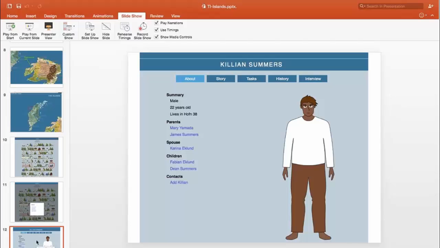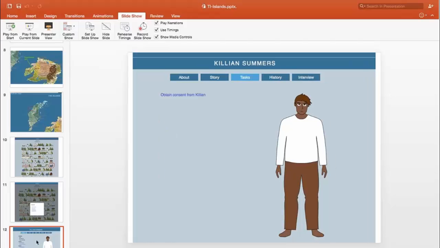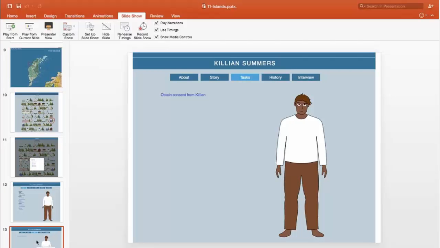First thing you have to do, though, is get consent. So some of the islanders won't give you consent. They'll say no, so it's roughly 1 in 10 won't take part in your studies. So you can obtain consent by clicking on the link, and then